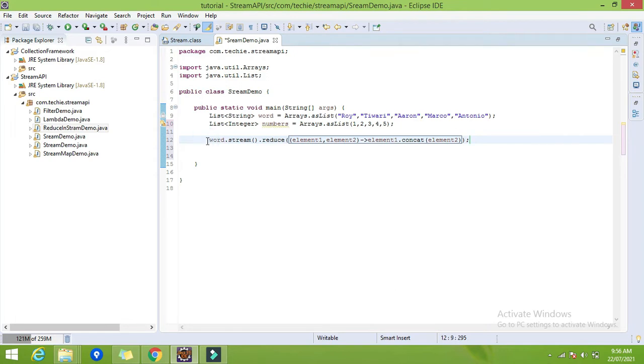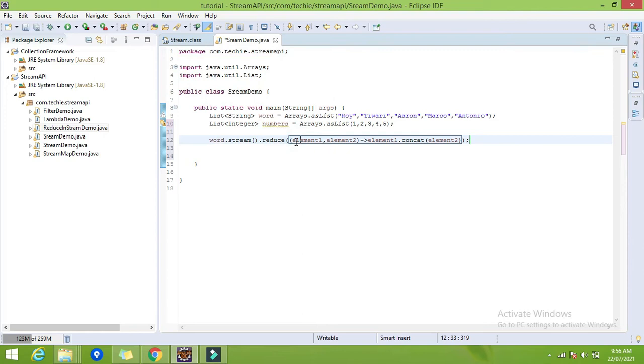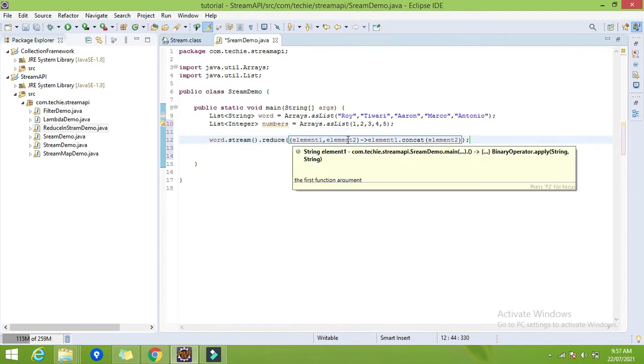First I will explain how it works. In the reduce function we have one function as a parameter, and this function is a binary function, so that's why it takes two arguments. We have specified element1 and element2.